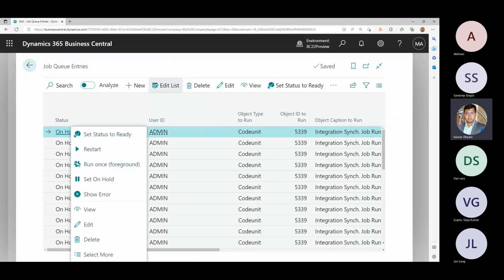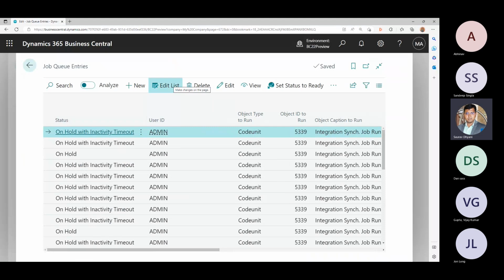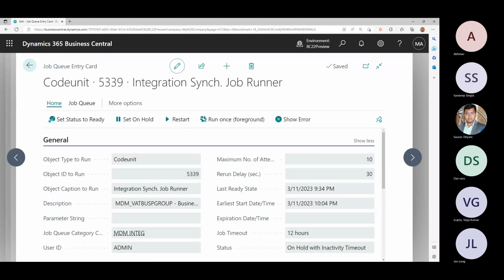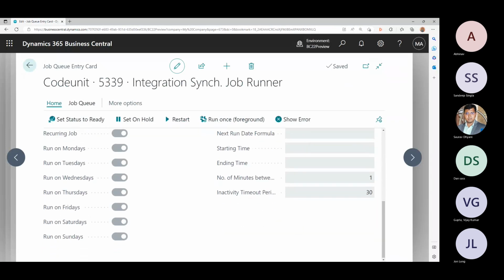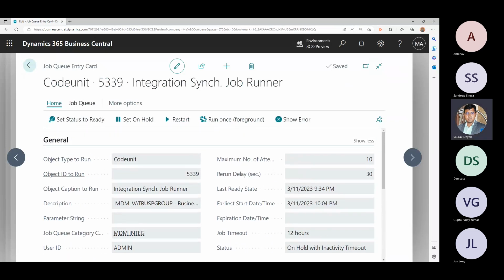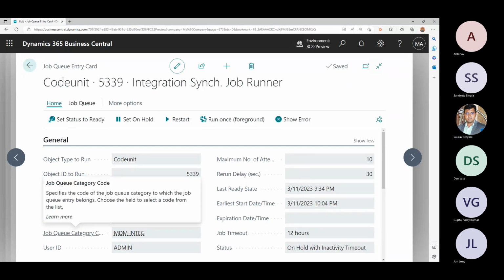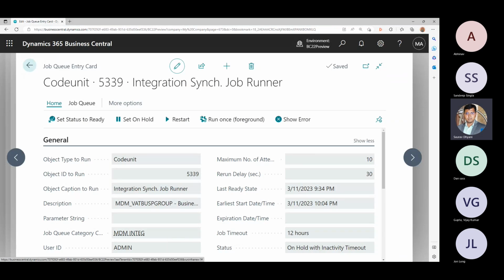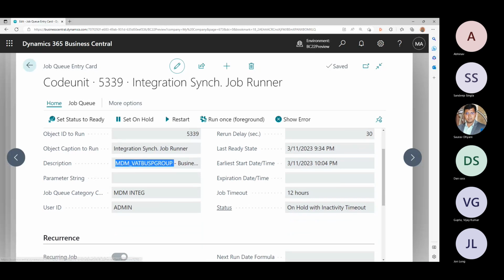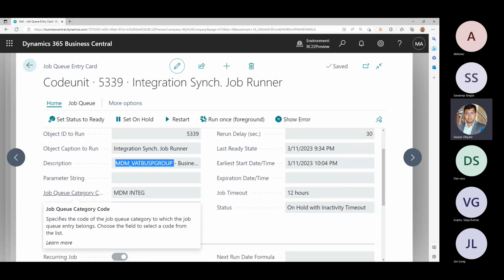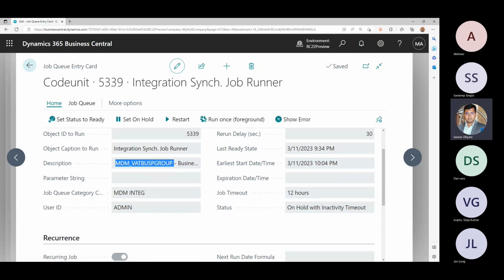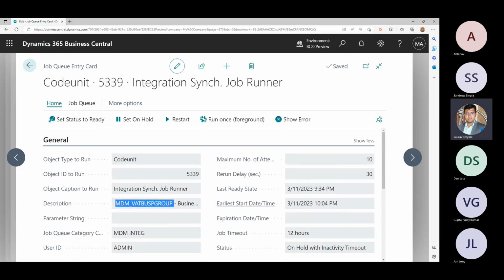So there is something on that job queue change, which we'll have to see once that comes into the picture. The general tab has the same thing, object ID, and then it is utilizing how it is understanding that I have to run these job queues. It is not doing the parameter for sure. Oh, maybe it's utilizing the category MDM integration. Okay,